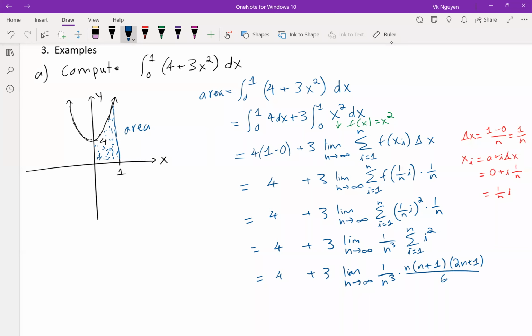And then similarly, the exponent of n on the top is the same as the bottom. So the limit would just be the quotient of the leading coefficients, 2 over 6. So we have a 4 plus 1 and ta-da,